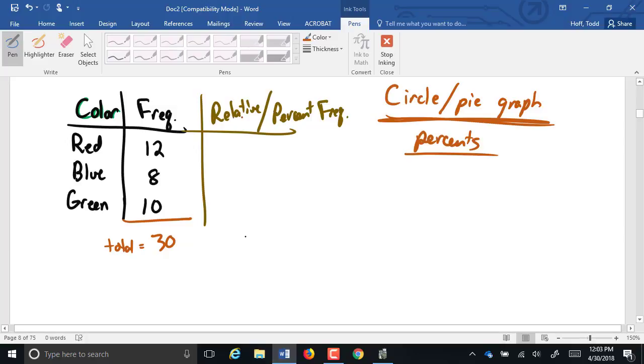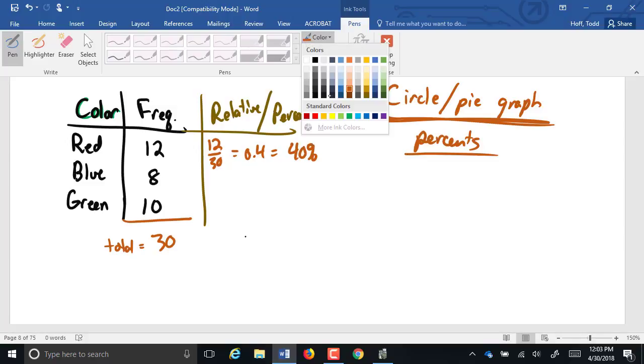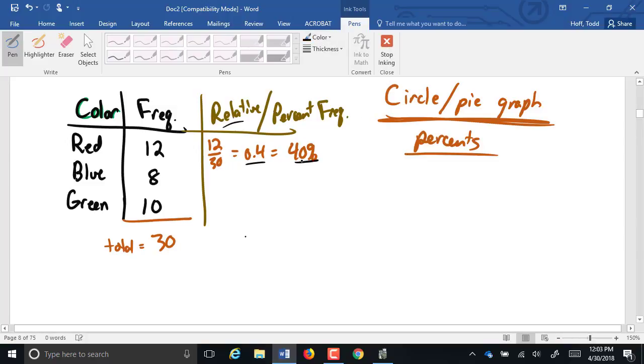The relative frequency or percent frequency is the percent of total. So 12 would be 12 out of 30, which is 0.4 or 40%. Technically, the 0.4 would be the relative frequency, and the 40% would be the percent frequency. 8 would be 8 out of 30, which would be 0.267, so 26.7%. And 10 would be 10 out of 30, which is 0.333 or